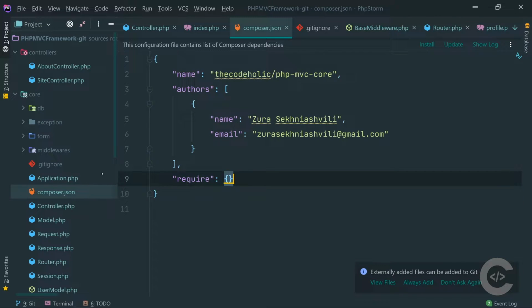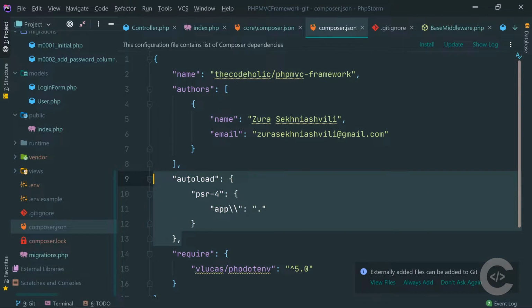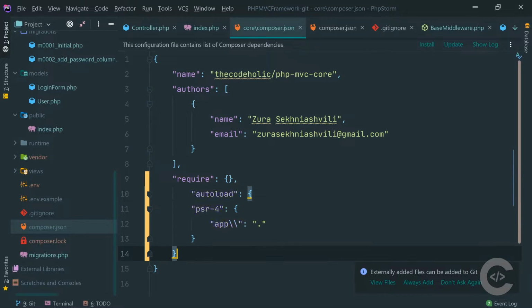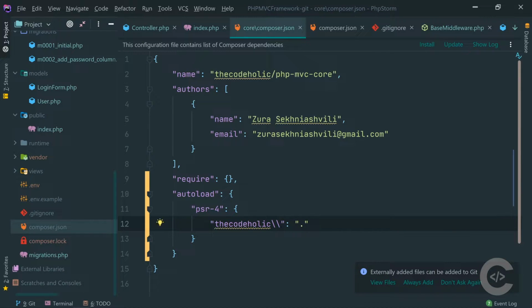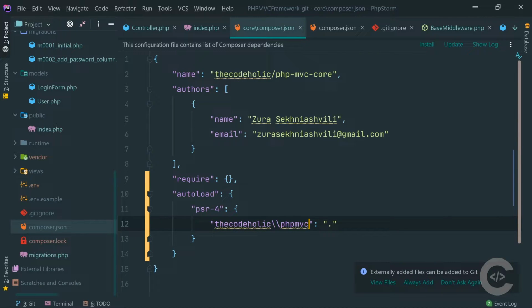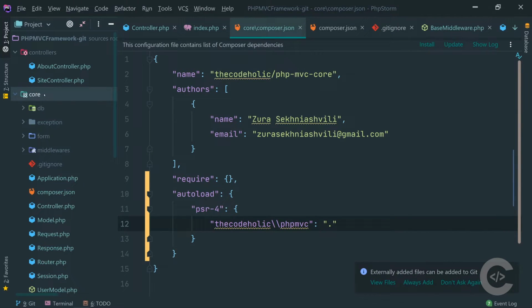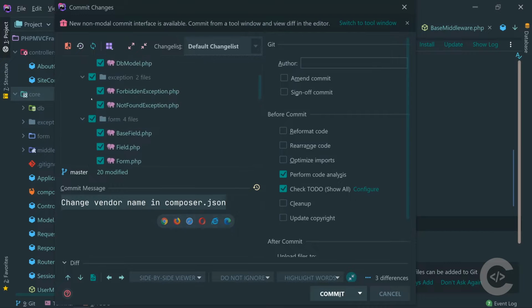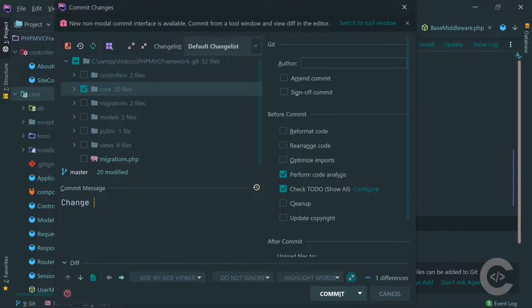Okay, let me just quickly copy and paste this autoload from the main composer JSON. That should be autoload PSR4. The namespace will be the code-holic PHP MVC. Okay, so this is the namespace, and I'm going to commit now everything under the core and just push this. Okay, change namespace into the code-holic